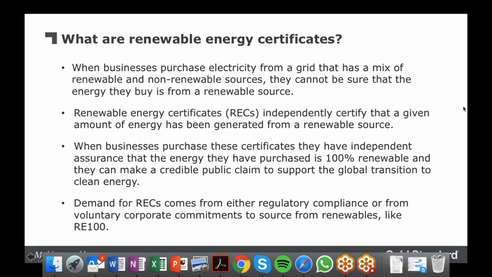And one of them is RE100, in which many of the large corporates have committed to transition to acquire or produce electricity from 100% renewables. And just to give you a flavor, the commitments made by these companies in aggregate are equivalent to the annual consumption of electricity of the country of Egypt.